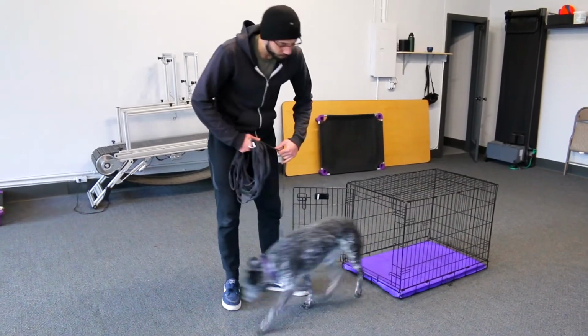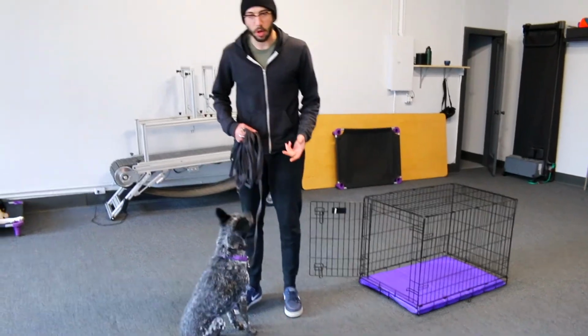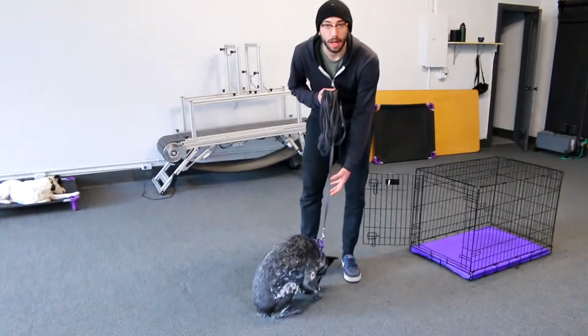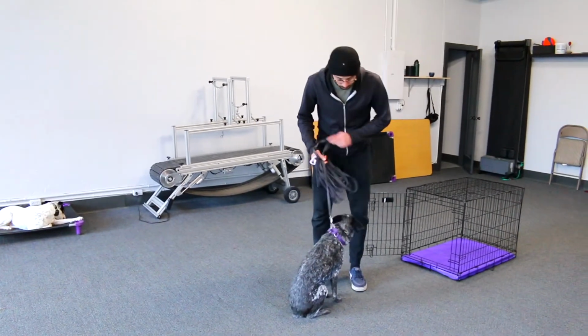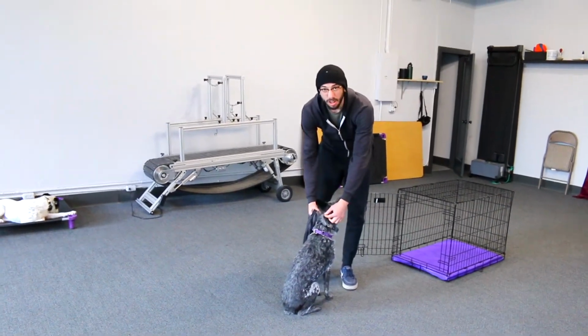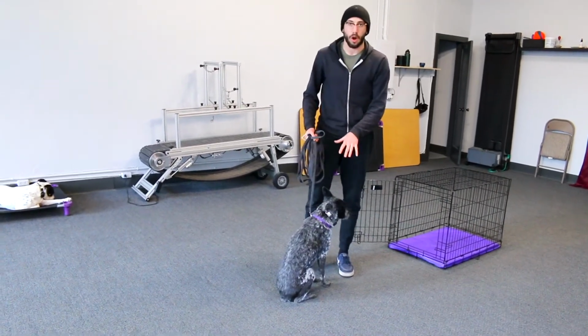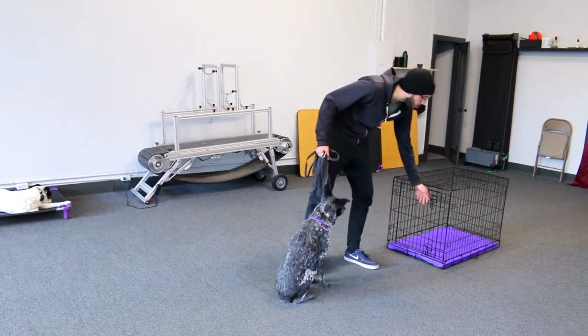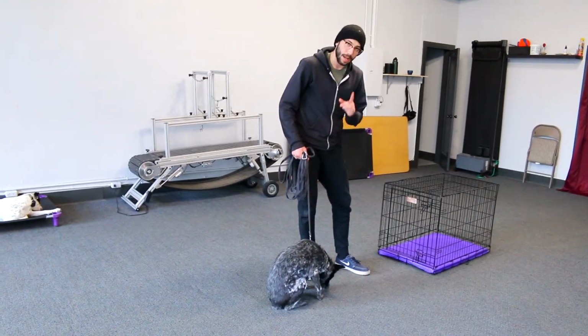Let's go. Sit. Good. And now at this moment, I could muzzle my dog up if I needed to. I can put her leash and prong collar on if I needed to. This is the space where I would do all of that. And I would even close the door after I got her out of her kennel, because